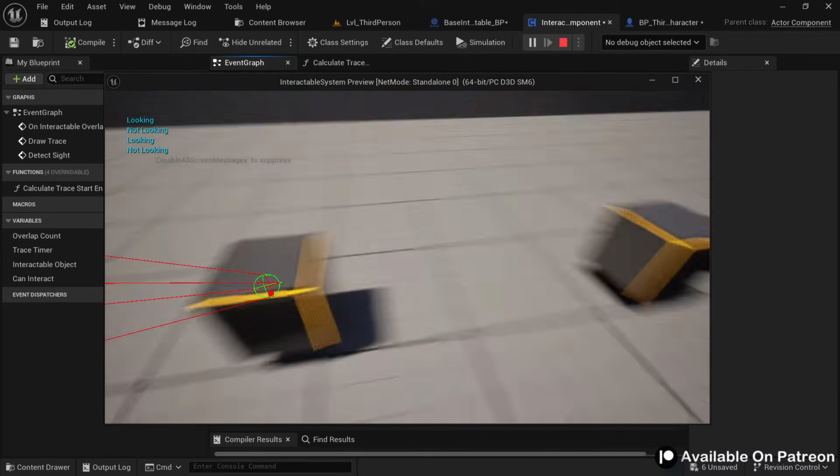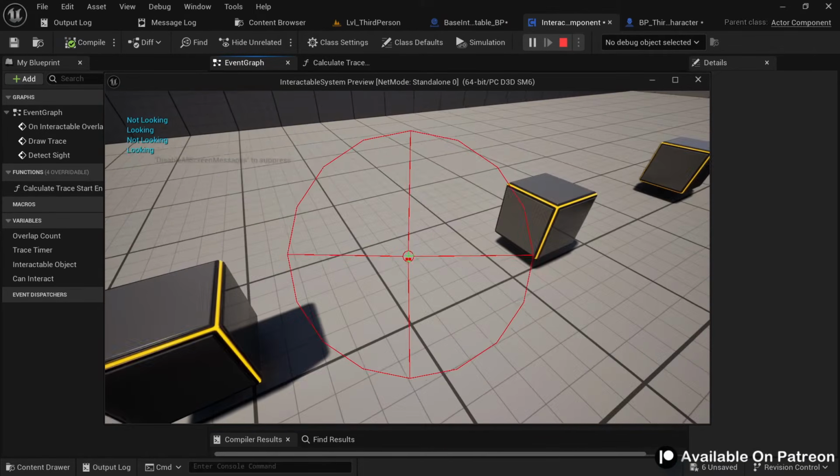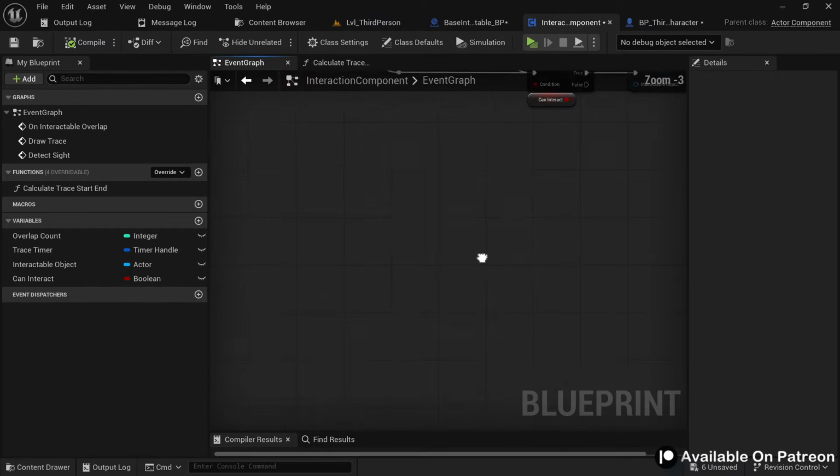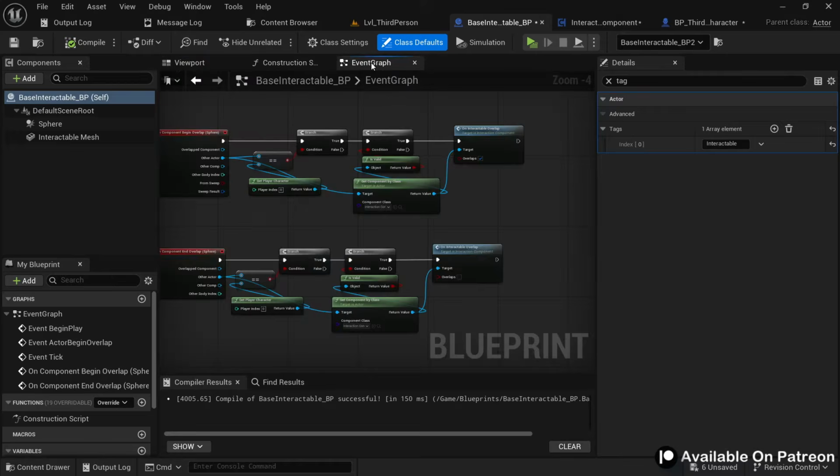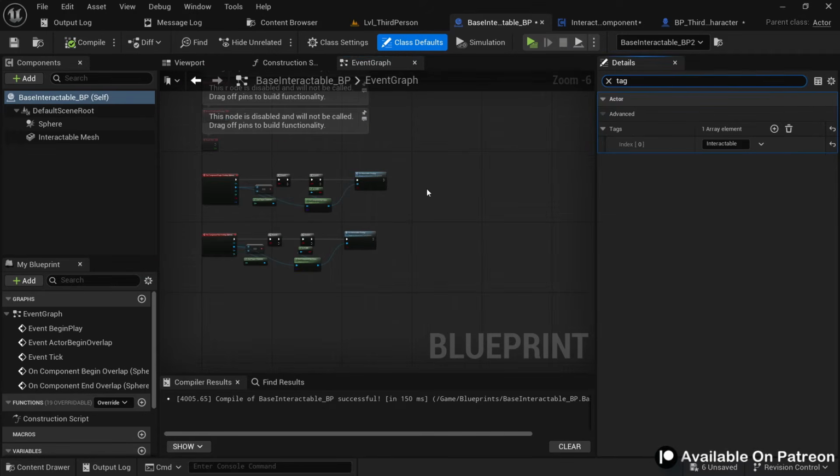That means we are only setting the information when we actually need to. So this way we have optimized our code a bit. Alright, now what we want is, when we are looking at the interactable object, we maybe want to highlight its outline, maybe show a tooltip UI like press E to interact and all. And to do all that stuff, in your base interactable BP, here let's